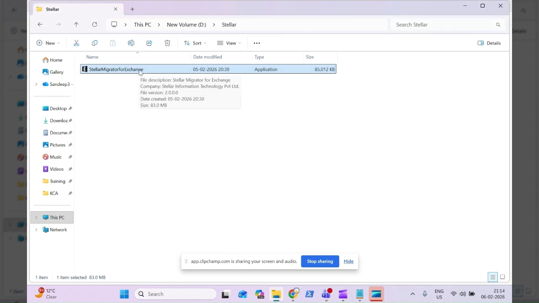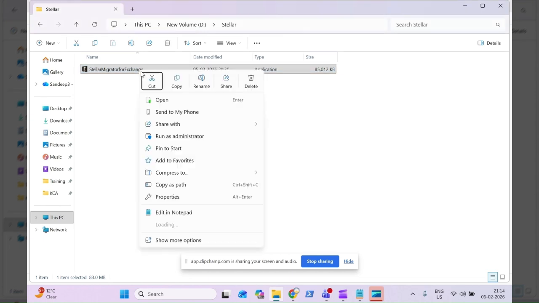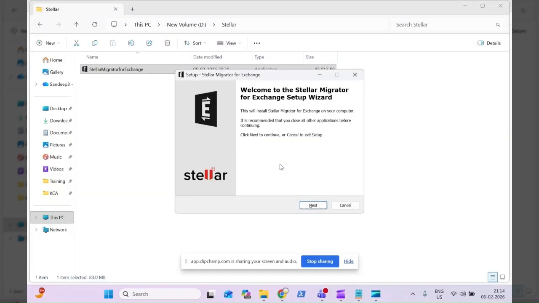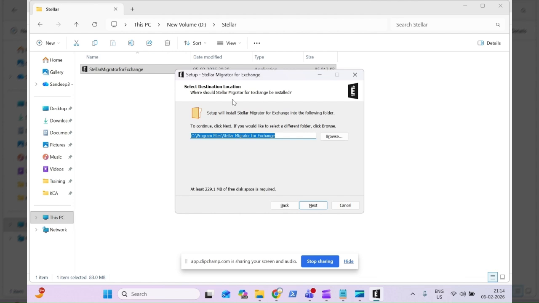So what we are gonna do, we're gonna install it on my machine, and my machine is a Windows 11 machine. Let's go and run it as an administrator and see how the installation will go. As I already discussed, it's a very small software. It won't take too much time. So we just go to next, and then it will ask you where you want to install it. By default, it goes to your C drive program files, right? But if you want to install it to D drive or any other drive, then you can do it.